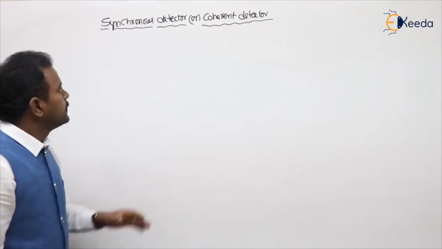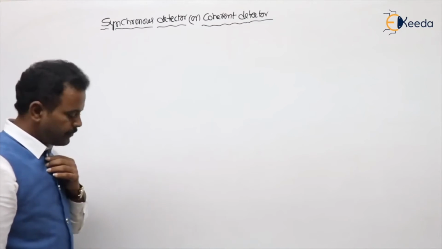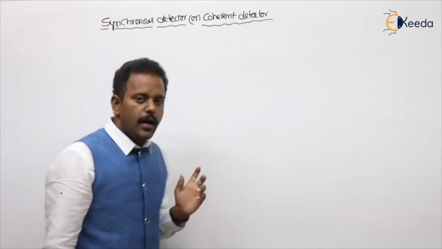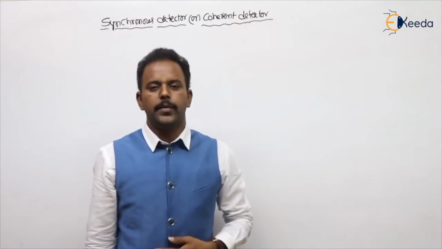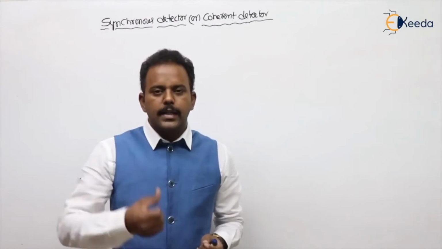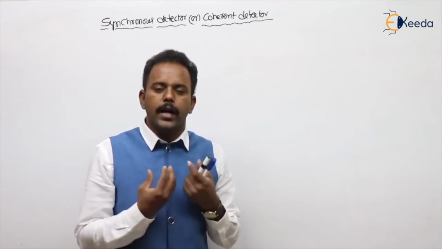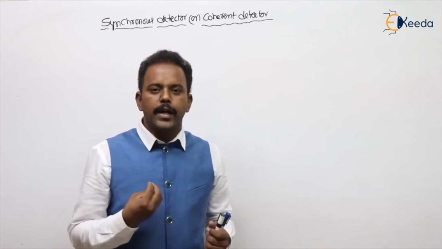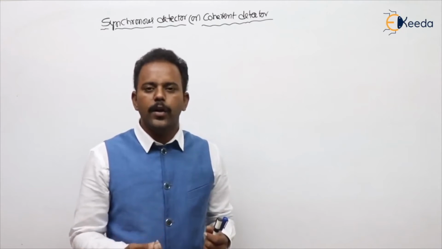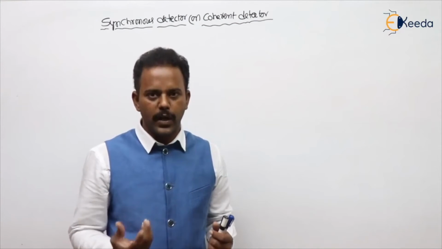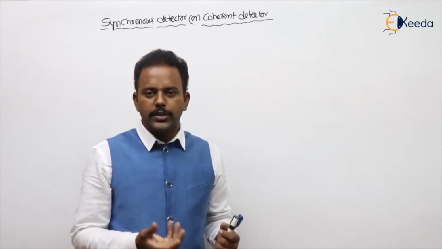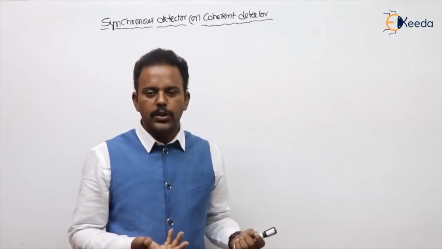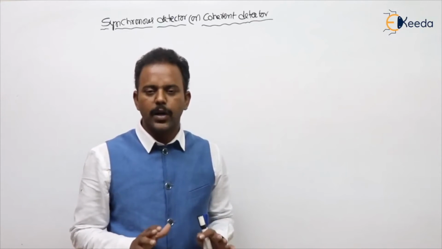Next, see synchronous detection. What is synchronous detection? It is also called coherent or product demodulator, I told. The synchronous detector can work for any value of mu. There is no constraint on mu. But envelope detection works only for mu less than 1, that is for under modulation. Why? Because envelope detection is giving only the positive peaks, which should be equal to our message. In under modulation only, that is equal to our message. Did you get my point?